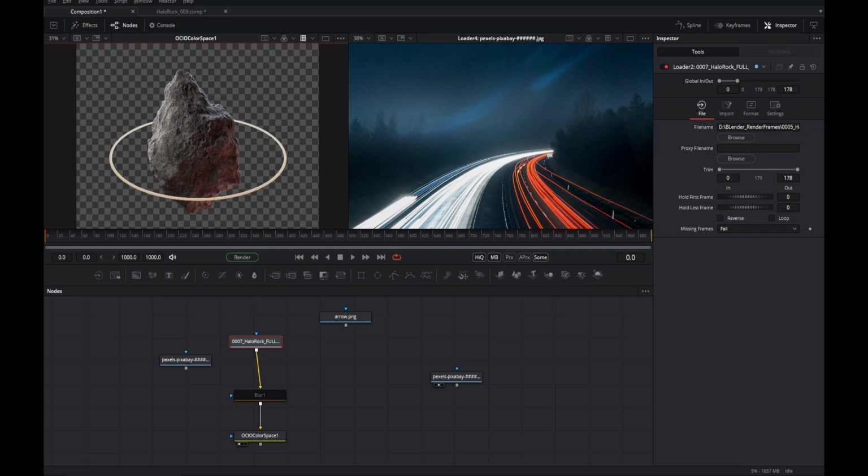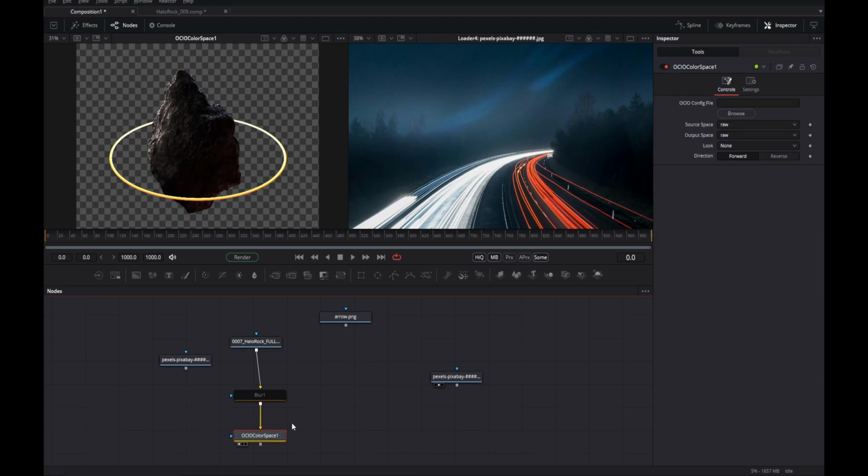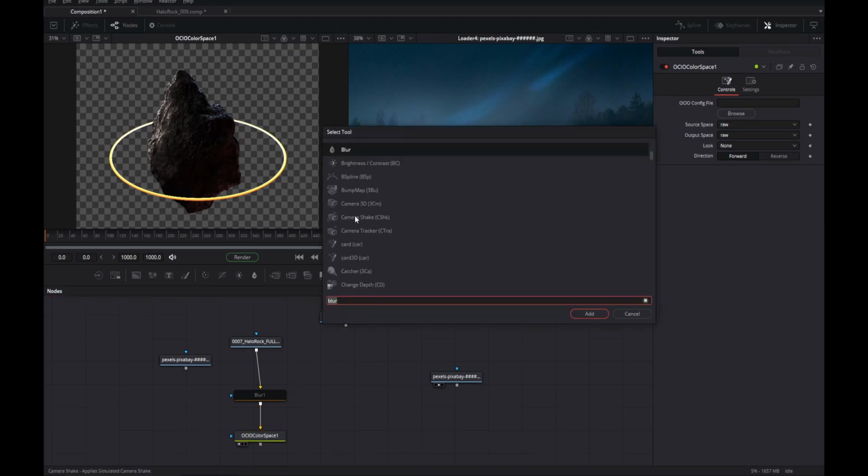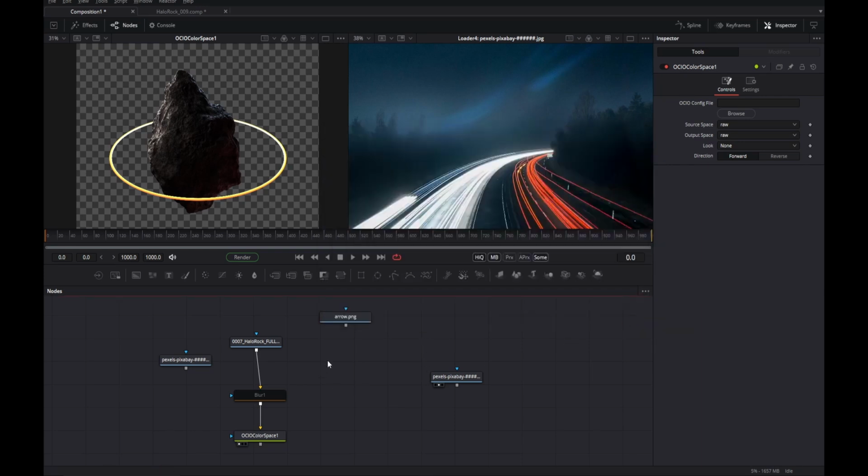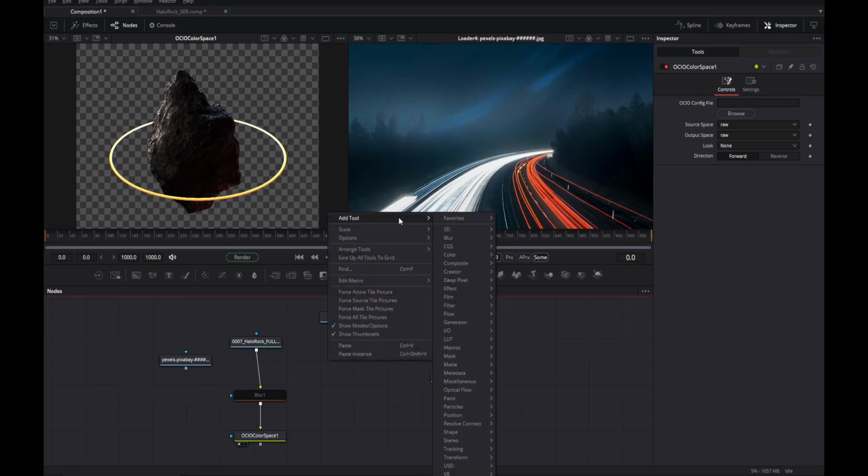But when you go to export it, even with this on, it's going to come out looking like this. So to avoid that, we have what's called an OCIO color space node. We can make nodes by Control Space and searching for OCIO color space, right? So we can find it there. If we wanted to, we could also right click and go to add tool and say, okay, I want to,